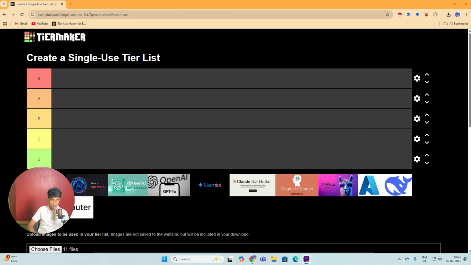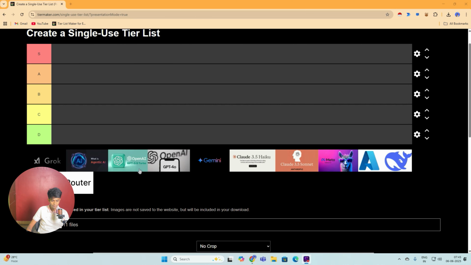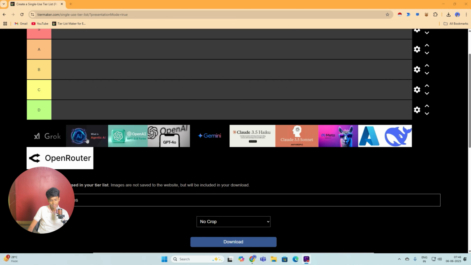So as you can see, the honest tier list begins, and over here, this is the tier system from S to D. S is the best and D is the worst. And using this we are going to do it for all of these LLM models I have used in my projects, and whatever use case scenarios all these LLM models can be used for. So basically, as we begin,